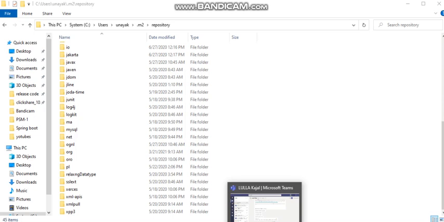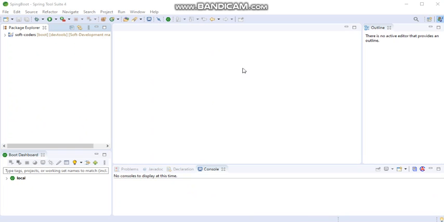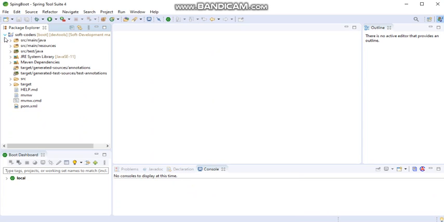Now I'll move back to STS. Your project is created, and you can see the whole package structure is also created in the build. So you no need to create the package structure in a Spring Boot application. Here you can say this is a production-ready project, and we will also walk through each and every package structure. So this is simply for your Java application, the Java code base I mean. Inside it you can create your packages for the Java code base.